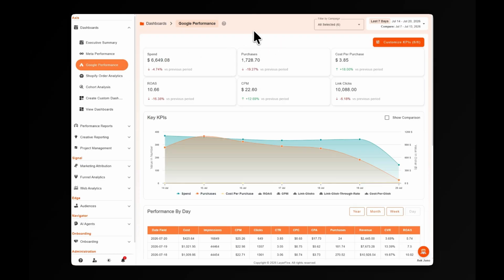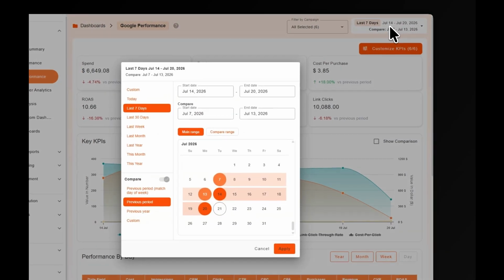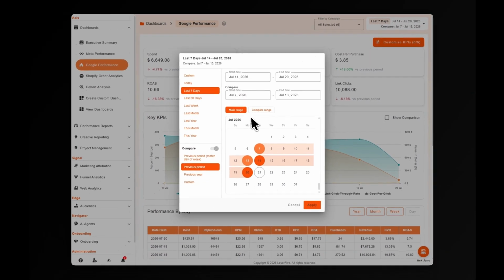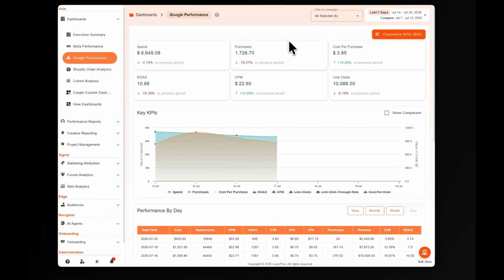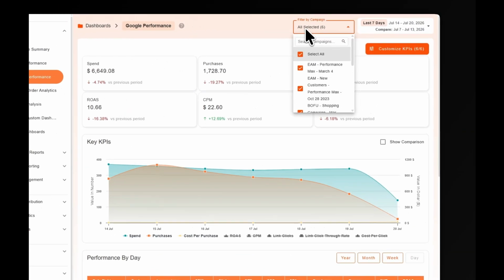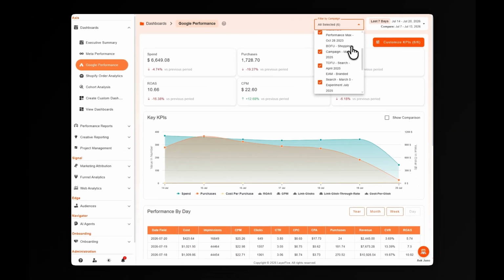Set your reporting period with the date range selector, then enable Show Comparison to overlay the same metrics from a previous period. That way you're reading a trend, not just a single snapshot. Before any budget decision on a specific campaign, use the campaign filter to isolate it, instead of reading performance blended